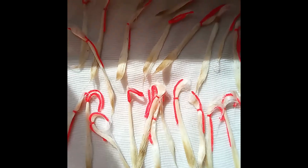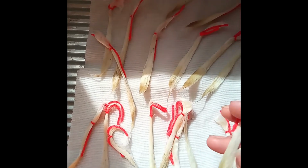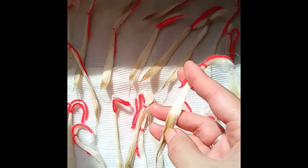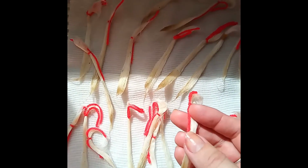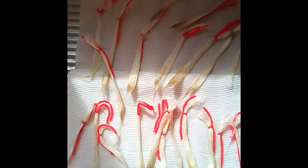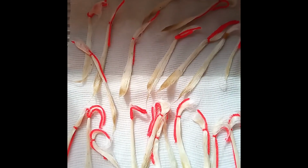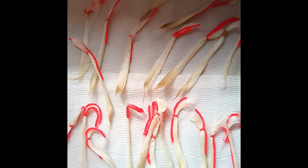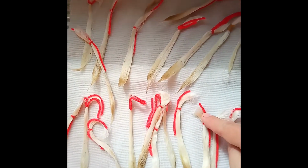So first thing I did was separate the fleece into locks, and you can tell a lock because it'll come down to a point and it's usually a bit discoloured on the end. So I tied acrylic thread around the middle, used acrylic so that it wouldn't felt into the yarn as I processed it, and then I did a cold water and dishwasher soap wash, which got rid of a lot of the vegetation. There's a few little bits left, and then I moved my ties to the top of the lock